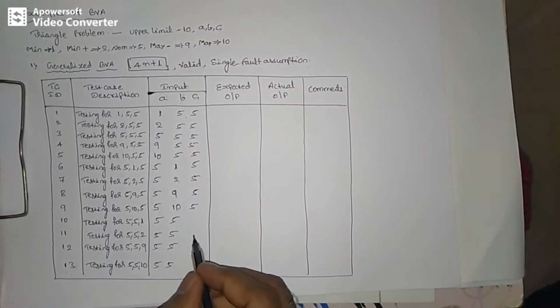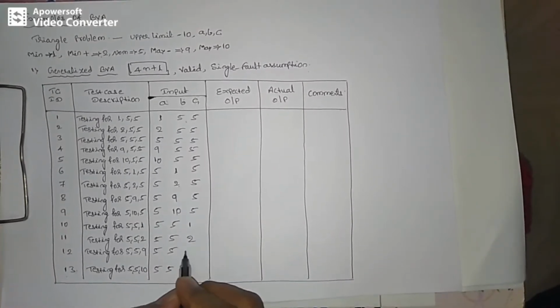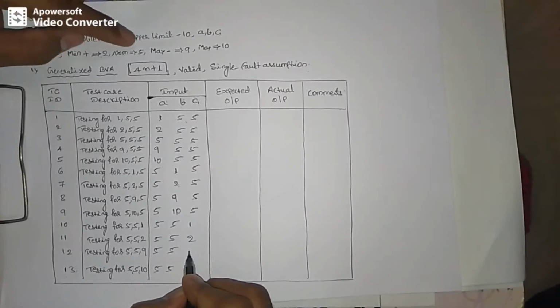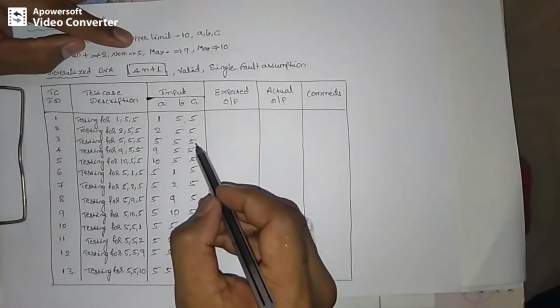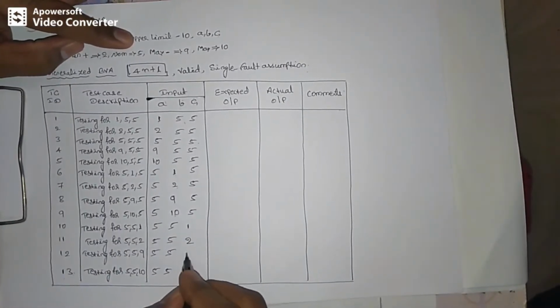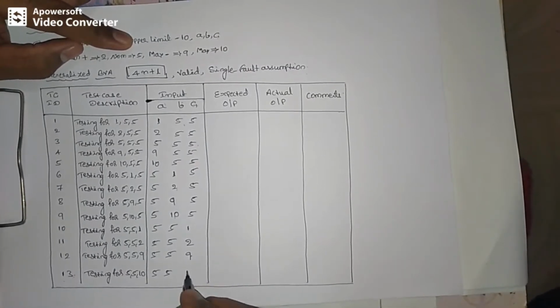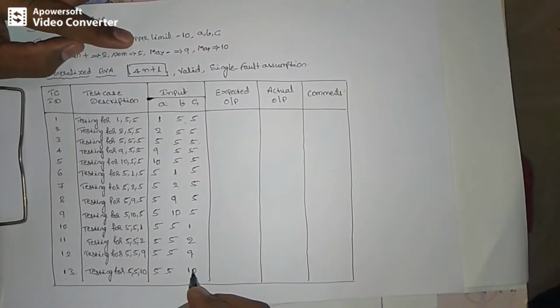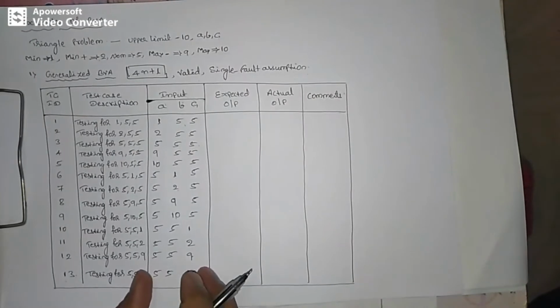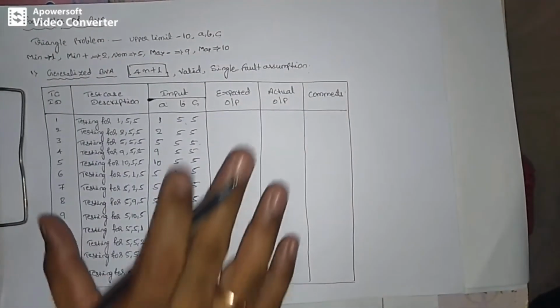Now I need to change this value. The first one is minimum, minimum plus, nominal. If I write nominal, once again this same test case is repeating. Therefore I am skipping that one. I am jumping to the max minus. Max minus is 9 and then maximum is 10. Okay, this is how we need to specify the input for your given program to test that program.